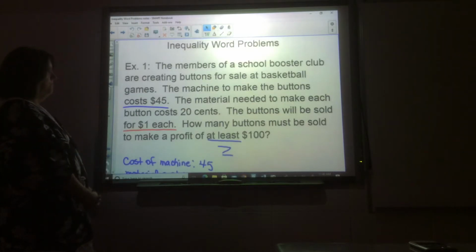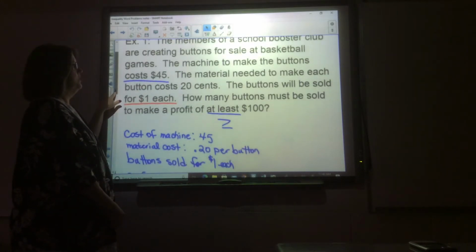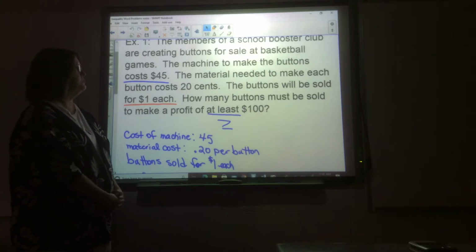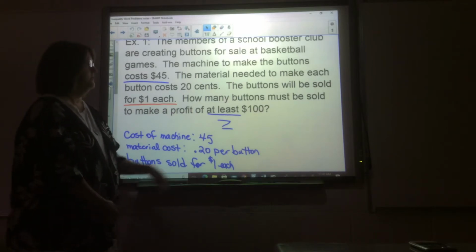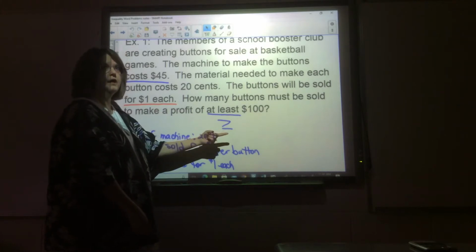Now, let's start with our first example. The members of a school booster club are creating buttons for sale at a basketball game. The machine to make the buttons costs $45. The material needed to make each button costs 20 cents. The buttons will be sold for $1 each. How many buttons must be sold to make a profit of at least $100? Now it says at least, so you know that you're going to be using greater than or equal to in your